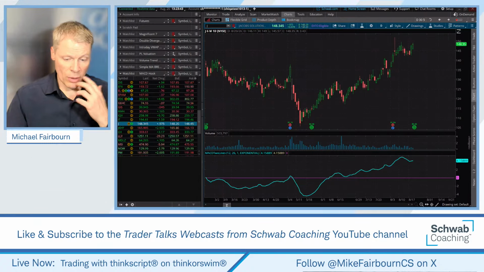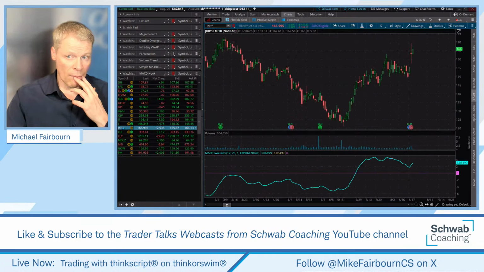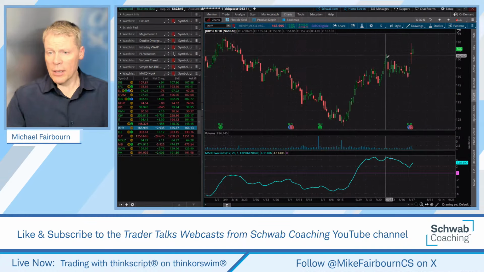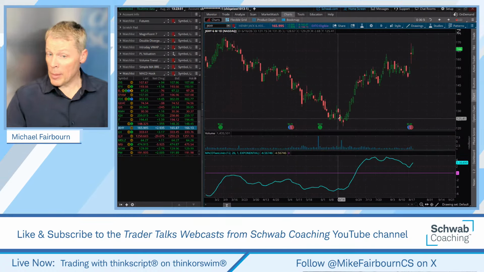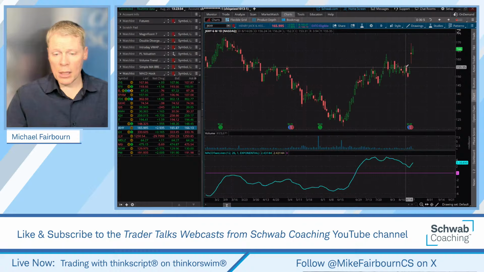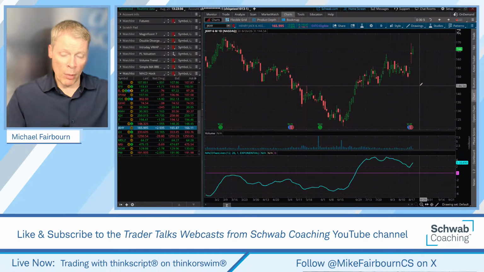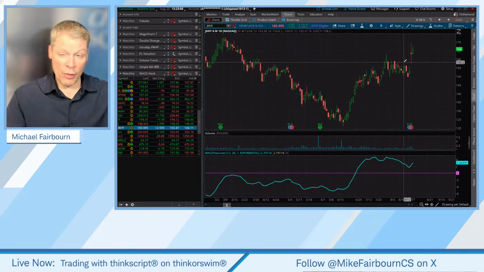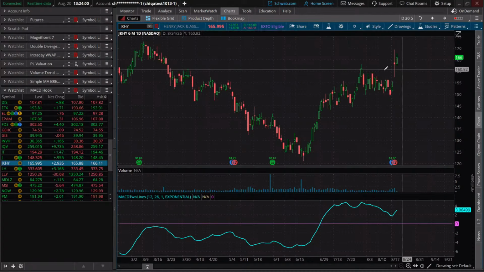Just looking at, I mean, we can select anything off this group. How about the one right below it? Oh, well, that's even bigger, but you can see maybe the flag pattern there. Maybe it's a bigger move. But the point being, it's momentum based and is trying to capture that bounce right before the move takes place.